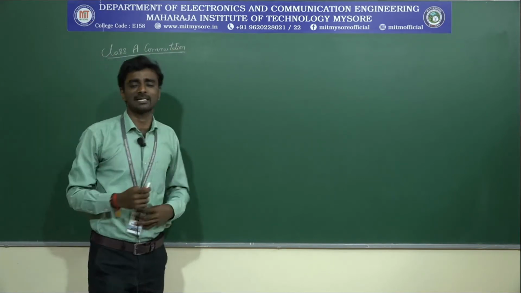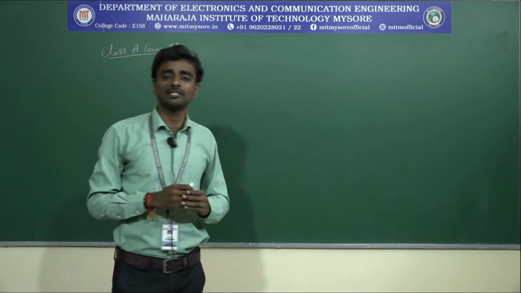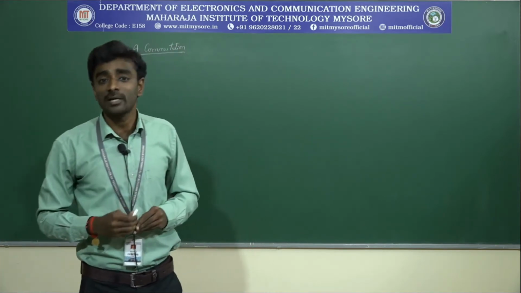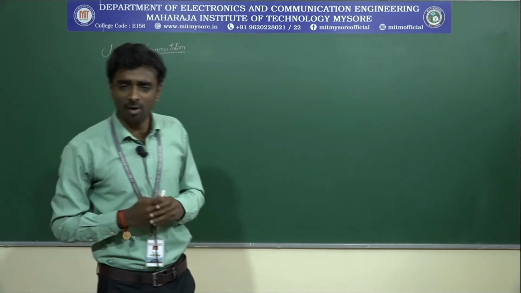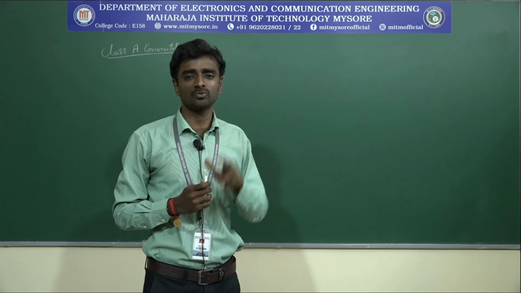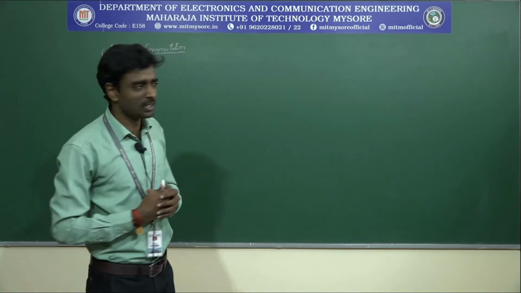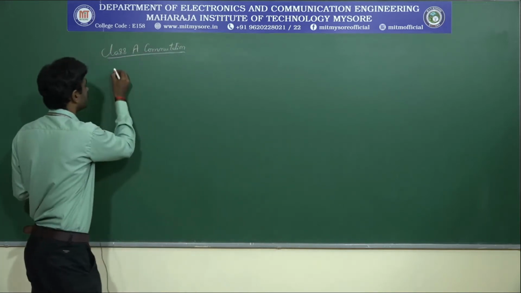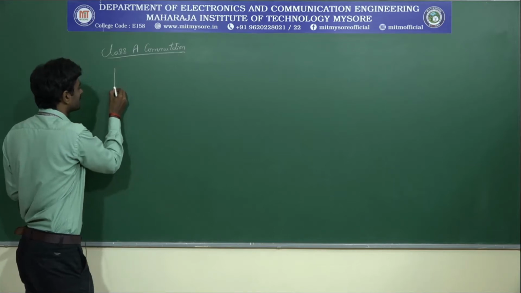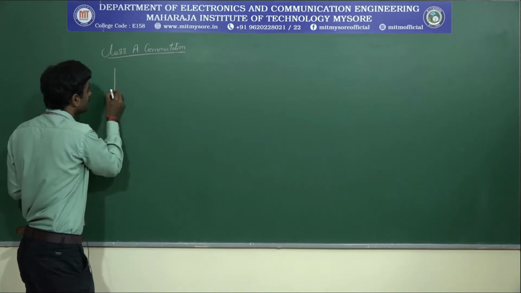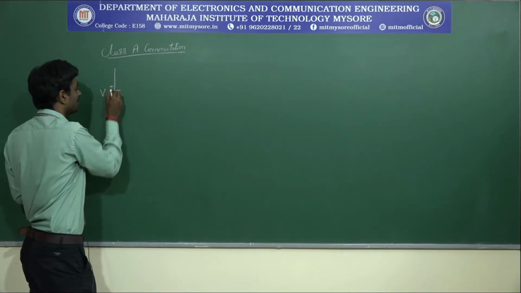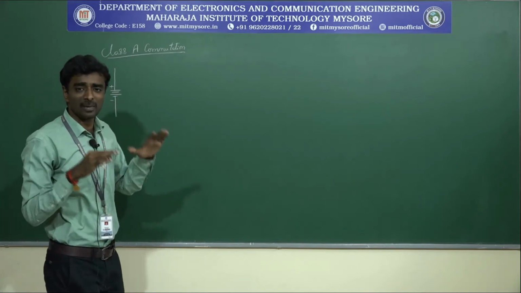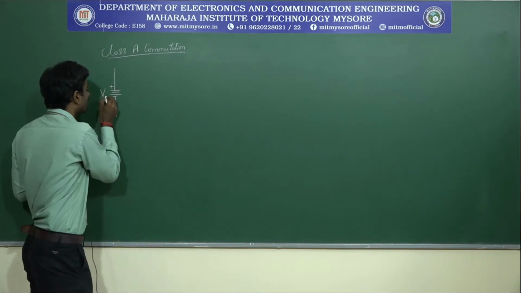If you consider the class A commutation, it can also be called a resonant commutation. This resonant commutation can be achieved with two design considerations. The first one: I will take one circuit having a power supply, where the polarity will be plus and minus, and whatever supply we are applying will be a DC power supply.